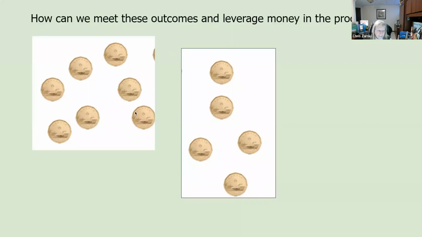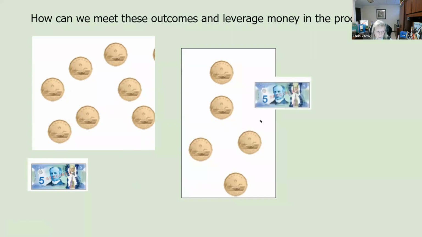So I wonder if instead of walking around with 12 loonies in my pocket, could I make a trade for something? And some kids may say, well, you could trade 2 of these for a toonie, and you could trade those for a toonie. Absolutely. That's a great way to go. Some kids may say, well, these are like $5, so I could replace it with a $5 bill. So these 5 would be this, and I still have these 2 left over. Okay, like that too. This one I could replace with another $5 bill.